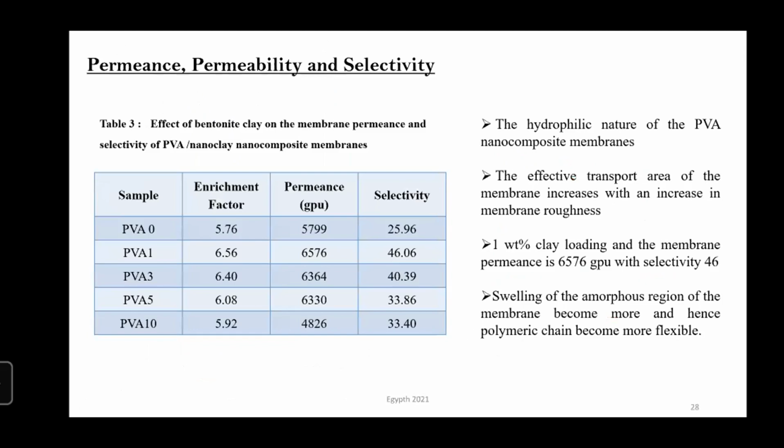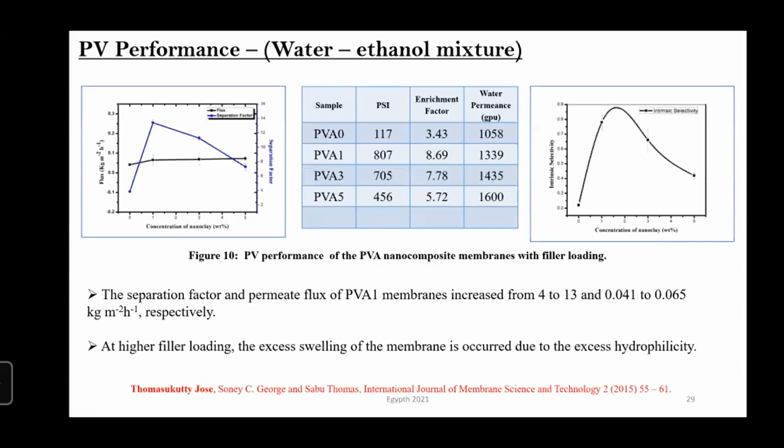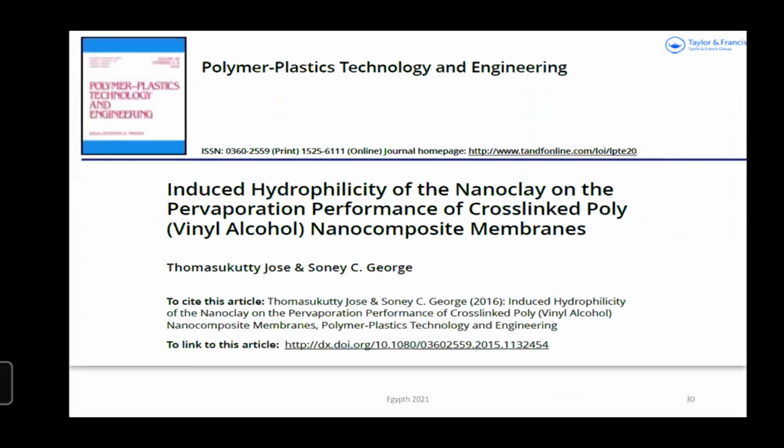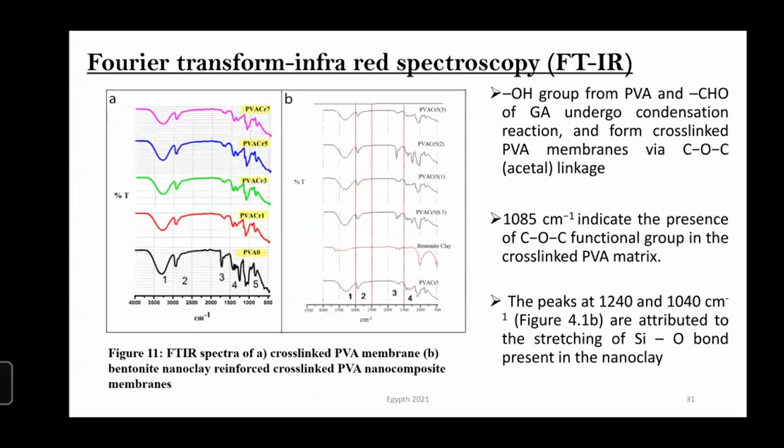Also, the selectivity of the membrane is higher for 1 weight percentage filler loading. So the membrane selectively permeates water from the water isopropyl alcohol azeotropic mixture, and it is also able to break the water ethanol azeotropic mixture. This is bentonite nanoclay. In the study, we are using the cross-linked nanocomposite membrane, and in this cross-linked nanocomposite membrane, the membrane stability increases by incorporating the cross-linking with glutaraldehyde. The membrane stability increases, but the performance of this membrane